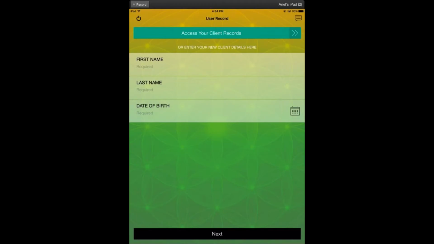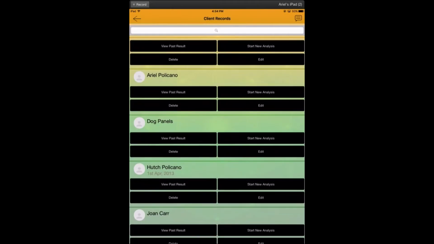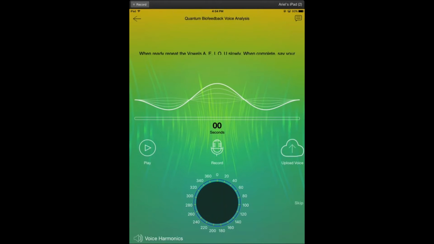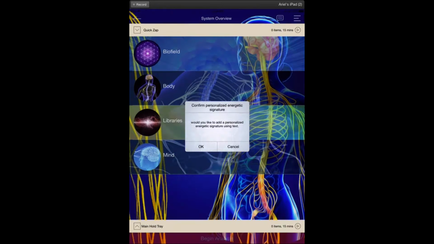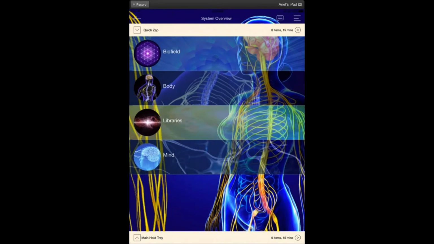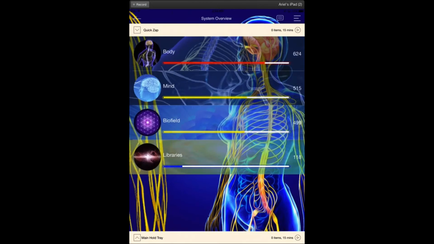How do we remove an item in the library that no longer applies to them? Let's go back to the dog here. All right, skip it, cancel, go into the libraries, and let's go right to it.